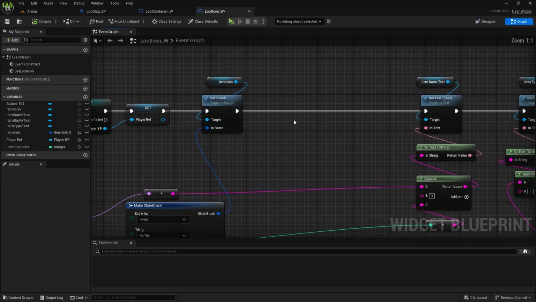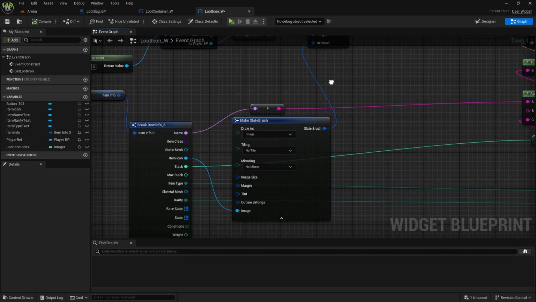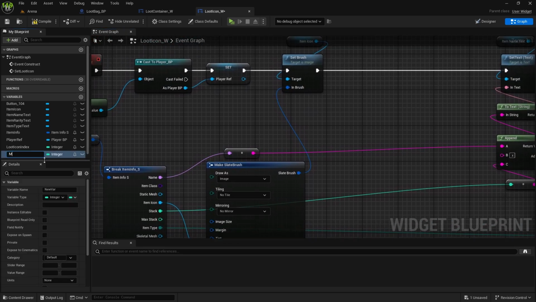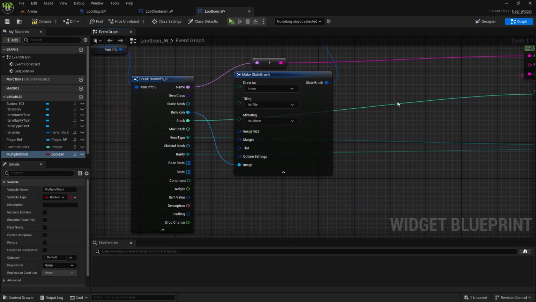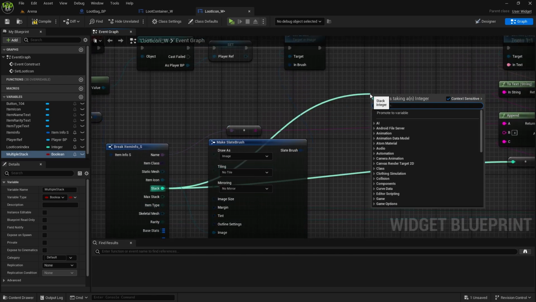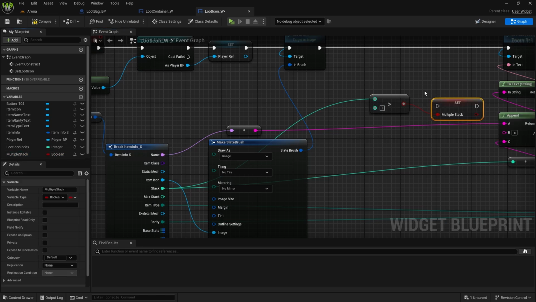And I think the easiest way will be to get the new variable which will be multiple stack. It will be boolean, and if this stack is greater than 1, we'll set this one here,